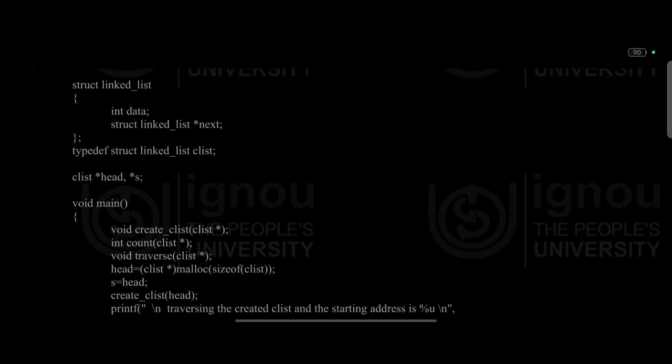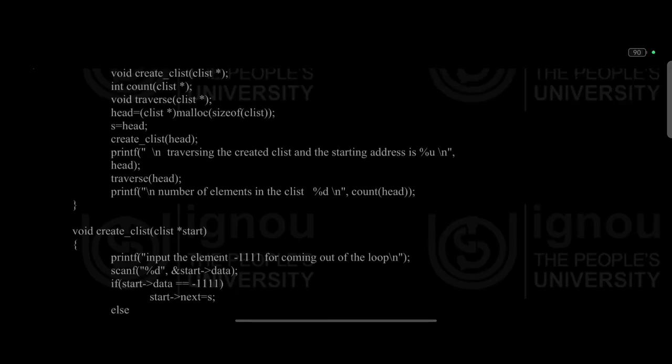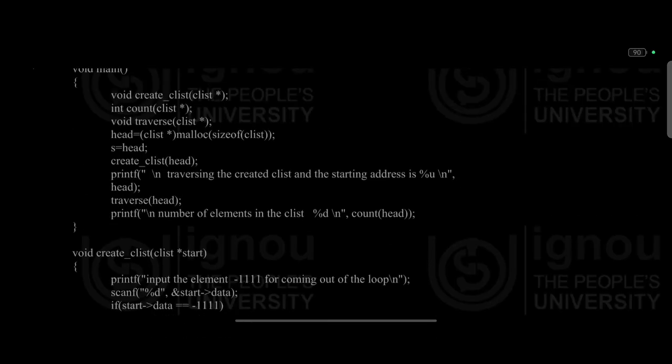struct linked_list { int data; struct linked_list *next; }; typedef struct linked_list clist; clist *head, *s; void main() { void create_clist(clist *); int count(clist *); void traverse(clist *);